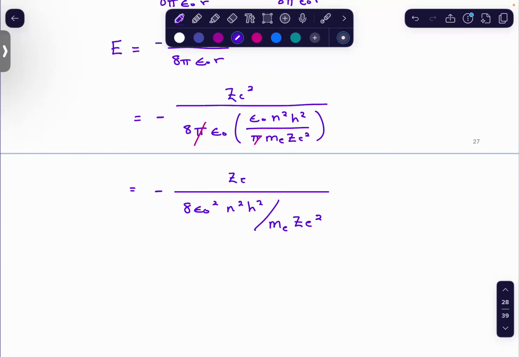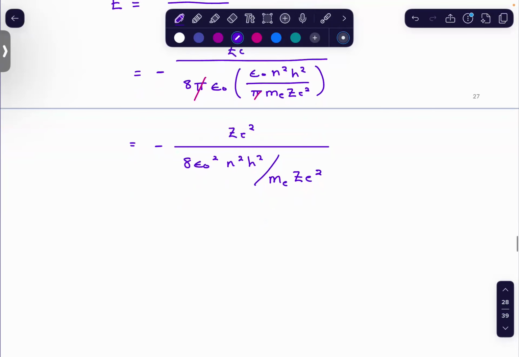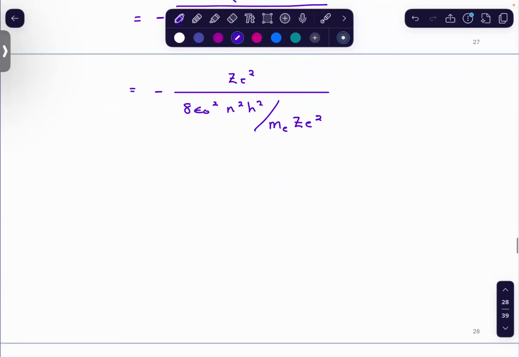In the numerator, I have z e squared. So now again, when you have a fraction inside of a fraction, like you have that fraction in the denominator, it's going to flip, and then everything that's in this denominator is going to come up to the top and multiply. So remember your flip and multiply. This is going to equal negative